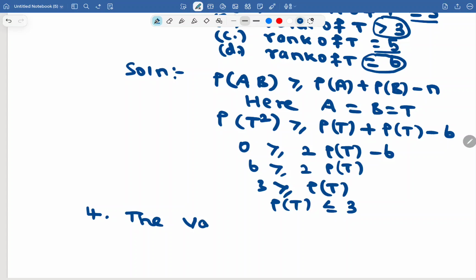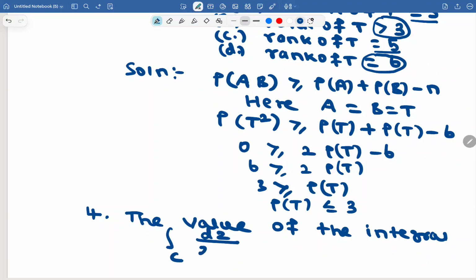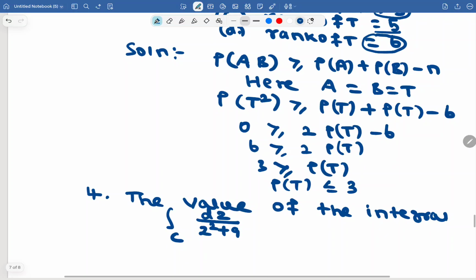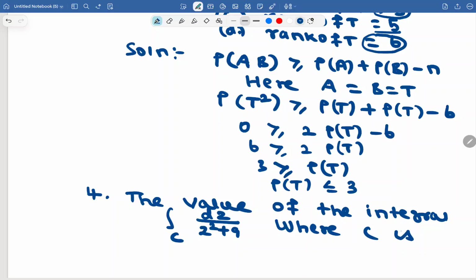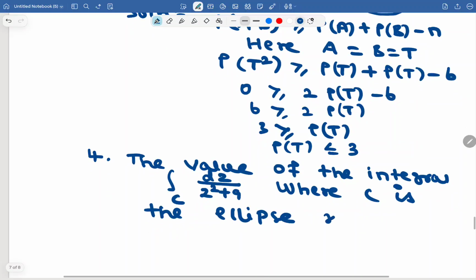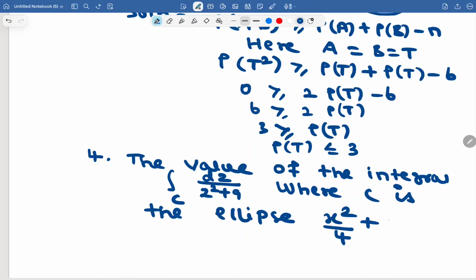The value of the integral over C dz by z square plus 9, where C is the ellipse x square by 4 plus y square by 1 equal to 1